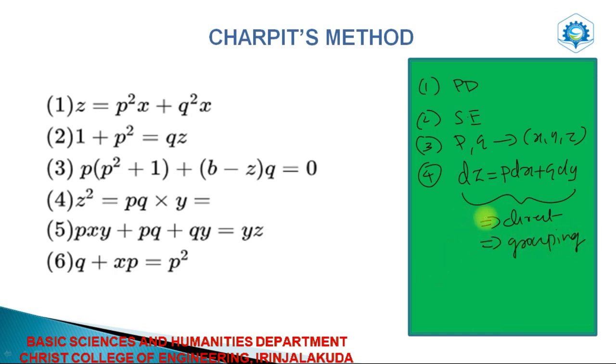Now how to group a term? Observe the terms in your equation. If you have a term a square minus z square y, that means you have a term involving y and z. So try to group z and y together, take z and y together, and try to consider that term as the derivative of a single term.